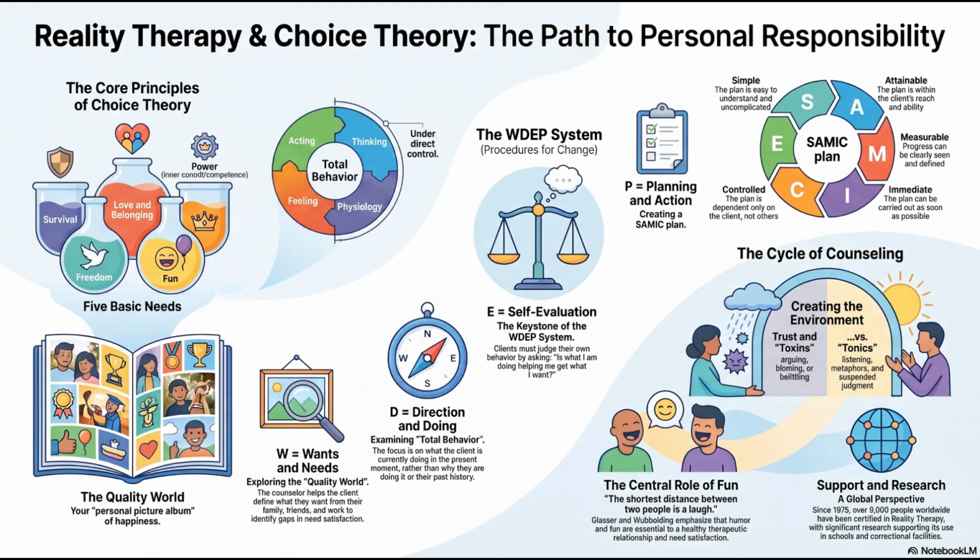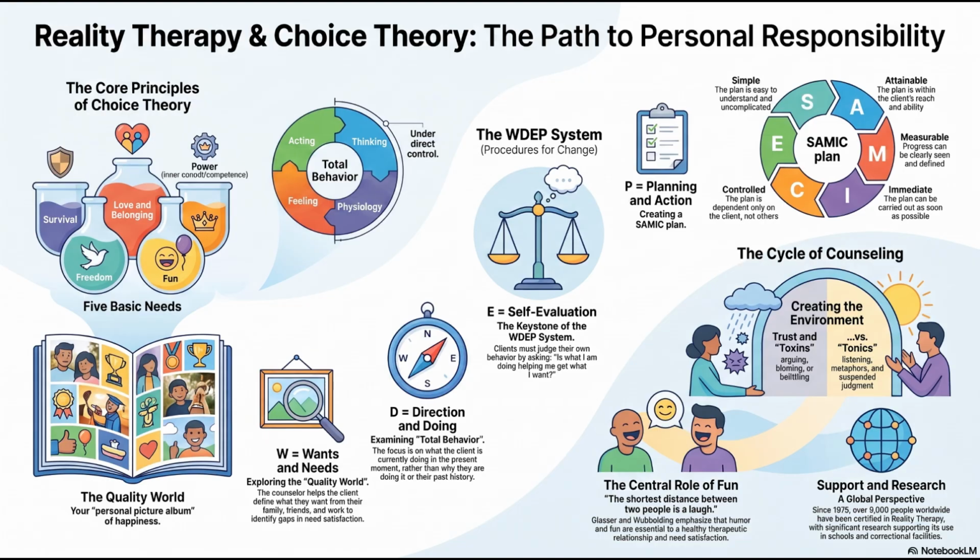But the textbook actually provides this highly relatable case study of a 14-year-old boy in counseling. Right, the teenager. He had this chronic habit of acting out, getting in trouble, and endlessly repeating this sad story about how awful his life was. He was completely stuck in a loop of negative actions. He's trying to fulfill his needs, I assume. Exactly. Likely the need for connection, belonging, maybe some inner control. But he was choosing behaviors that were incredibly ineffective at getting him those things.